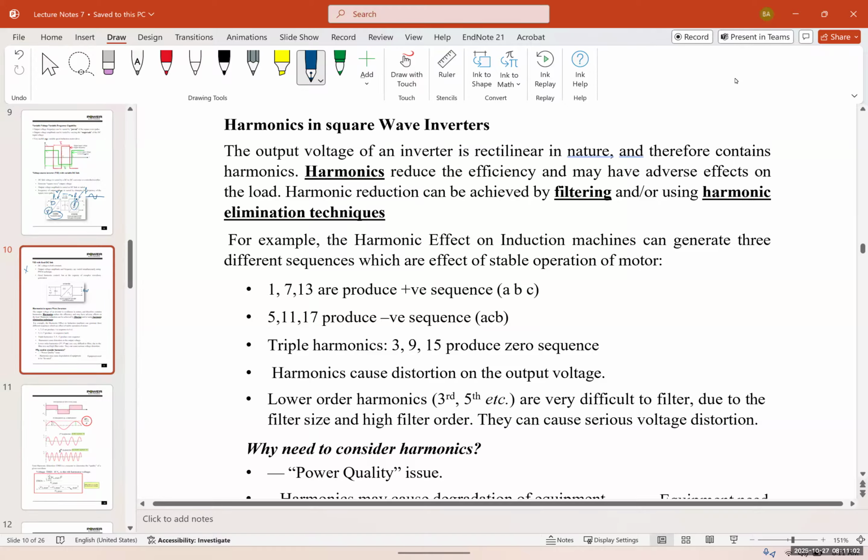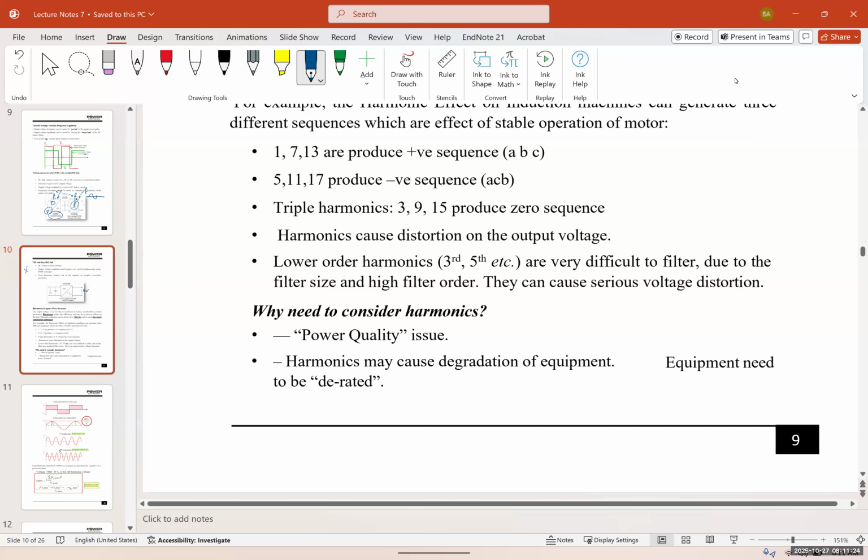and the filter order must be higher, meaning you need a 2nd order, 3rd order. So you need RLCs; you can't just filter them out with a normal capacitor. Because their amplitude is higher and their frequency is closer to the fundamental frequency, they could cause serious voltage distortion. Sometimes we just filter out the 3rd, 5th, and 7th harmonics, and after that it's so little